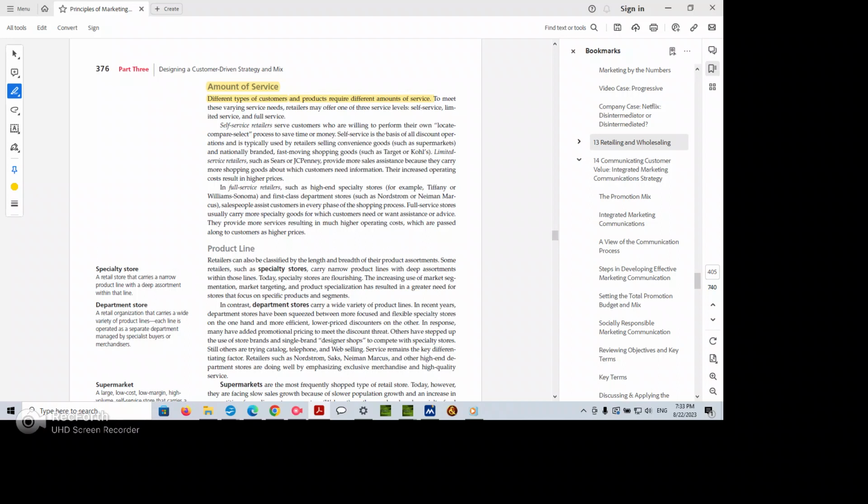Okay. Now, self-service retailers serve customers who are willing to perform their own locate, compare, select process to save time and money. Otherwise known as your self-service. Now, self-service is the basis of all discount operations. It is typically used by retailers selling convenience goods such as supermarkets and nationally branded fast-moving shopping goods such as Target or Kohl's. Limited service retailers